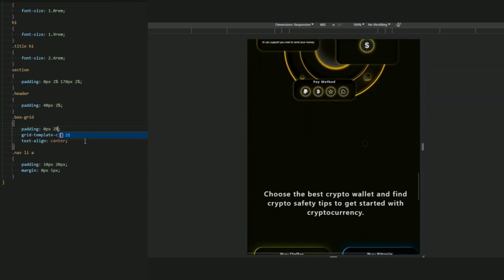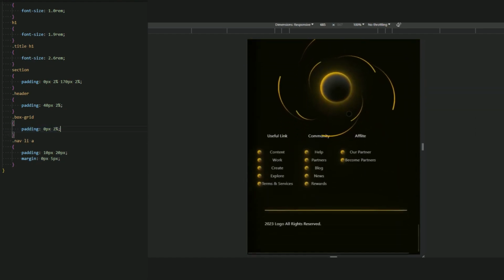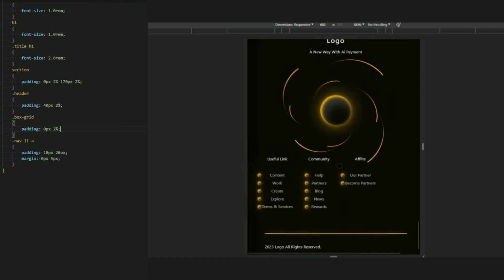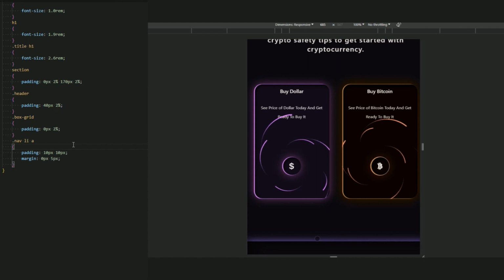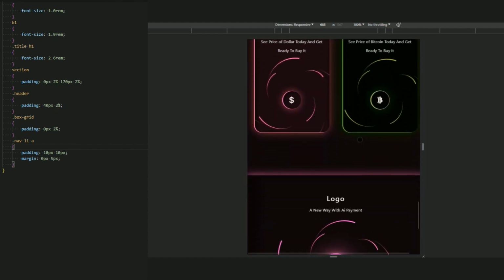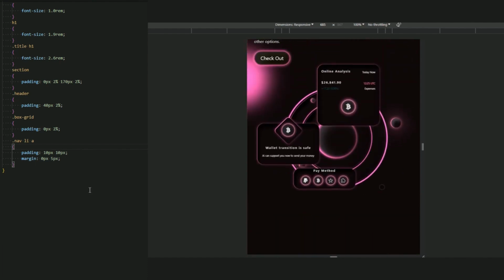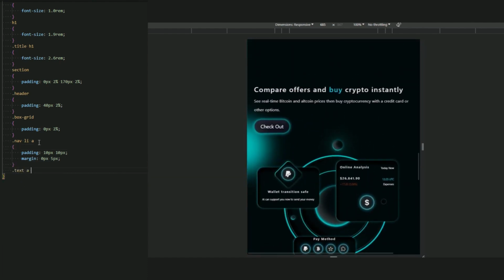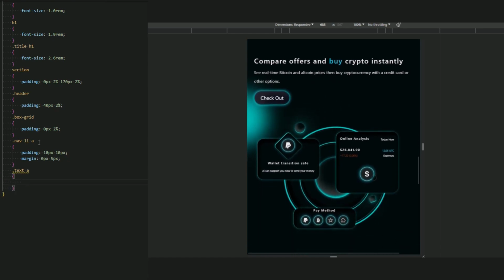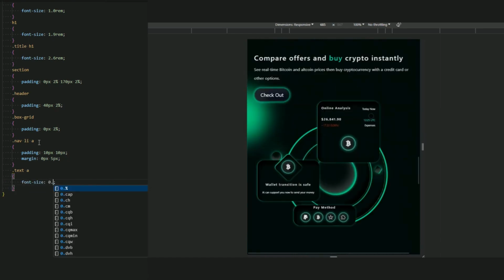Okay, there we go. Now for the nav LI A, let it be 10 pixel for the left and the right, and for text a link, let the font size be 0.8 rem.